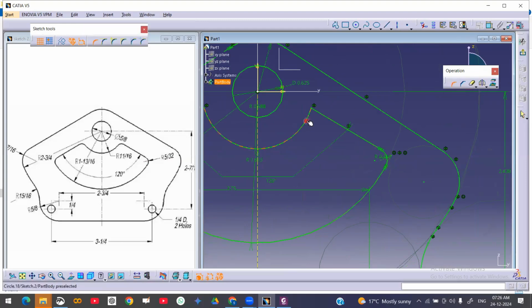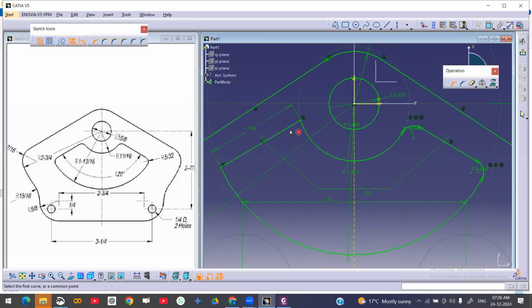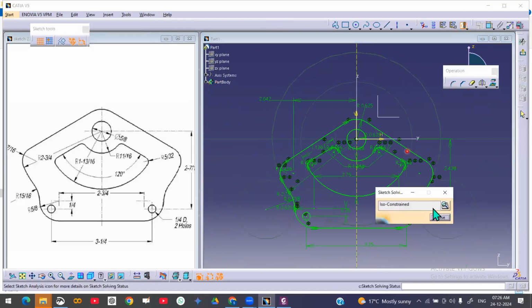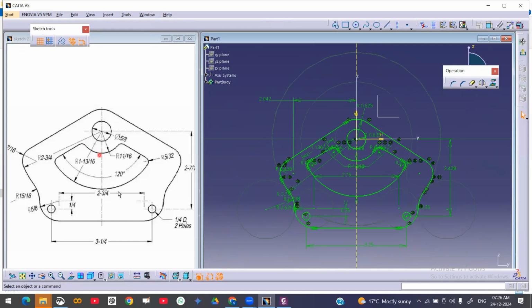And here also make the same thing, 5 by 32. Then this side you should give the same. So now overall check it. It is iso constraint. You can match it with the profiles and